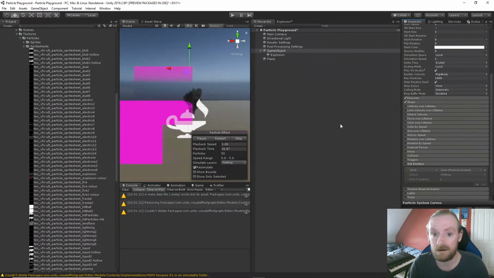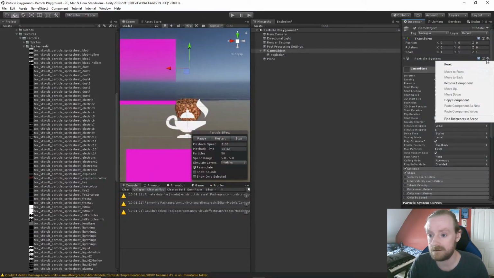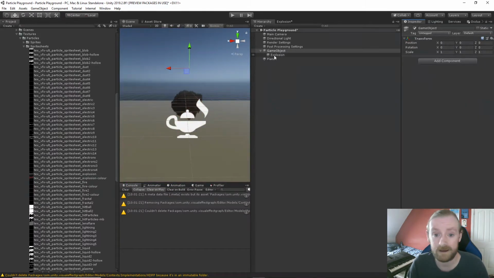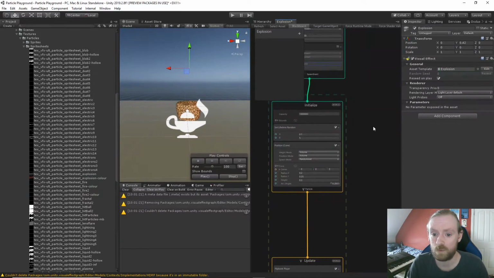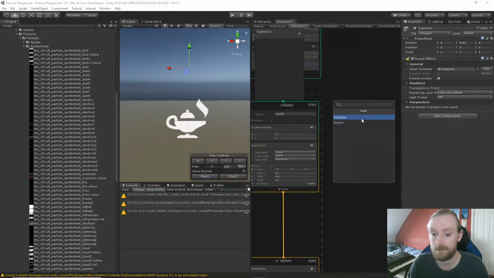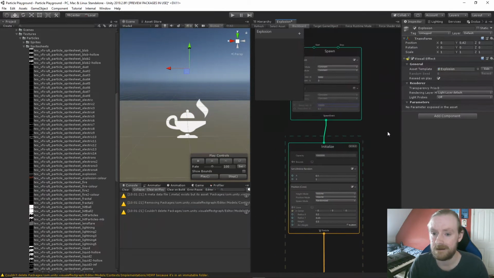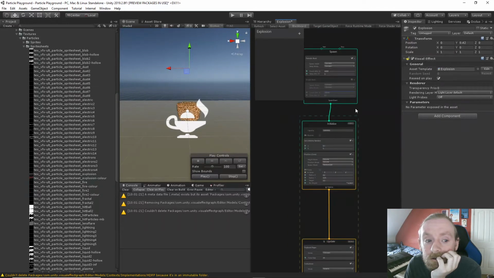And so I did not know they had a subgraph block in the VFX graph, and I'm quite curious to see how it will work. So if I want to pop in an initialize, or will I need a whole new spawn? Because it's going to take the same number of. Well, let's